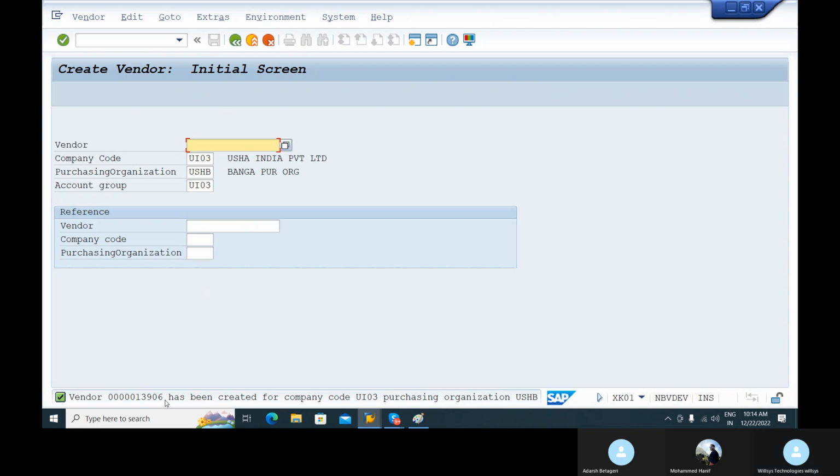How to maintain? Vendor 13905, I created the vendor, but I did not maintain the currency. How to change? What is the T code for change? XK02. Okay, write down. Next, to change vendor information. These T codes are important. You have to remember T codes. To change the vendor information or purchase order currency, in bracket purchase order currency,